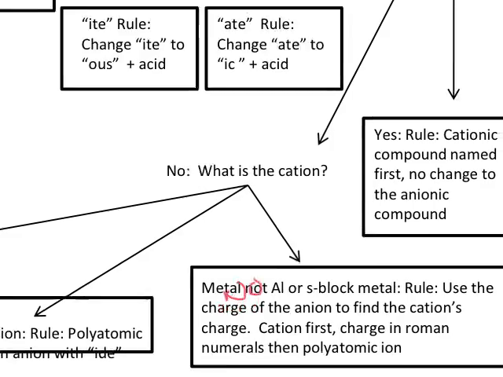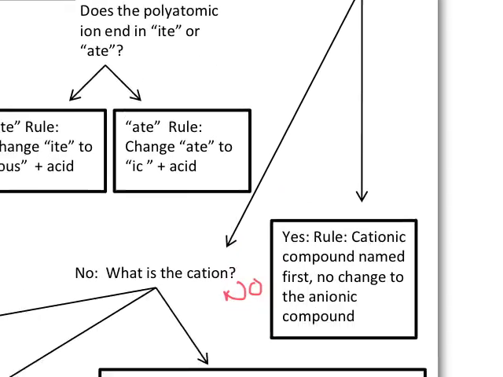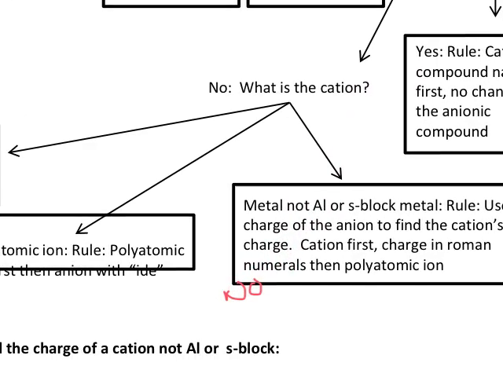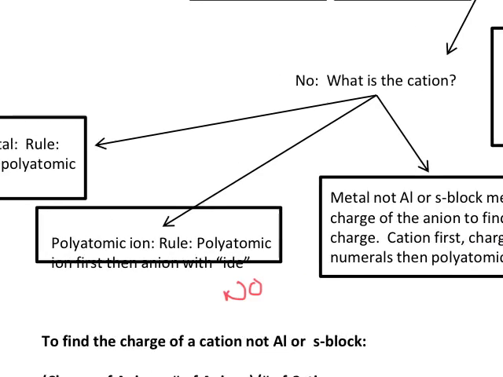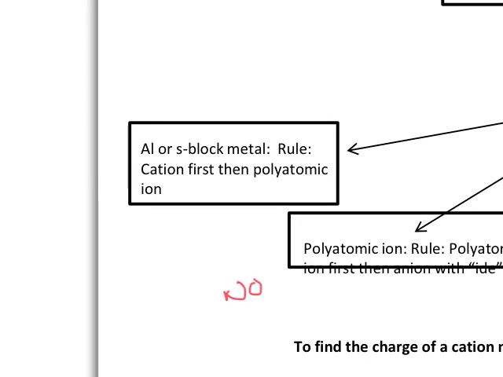Okay. Now let's say, is it made of 2 polyatomic ions? No. We're going to come down and we have similar questions as before about what the cation is, where if you've got the ones that aren't in the S block, I'm sorry, you're going to hate those. We'll save that for last. Let's say your cation is a metal and it is a member of aluminum or the S block. And our example here is,